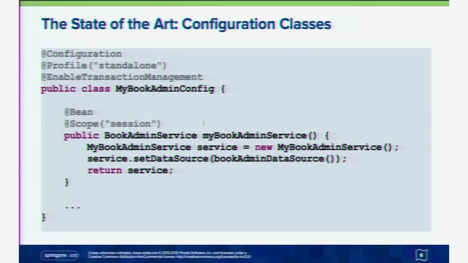However, they have a specific role. They are meant to contain @Bean methods. @Bean methods are themselves declaring beans. So it's actually a way of expressing bean declarations with custom factory methods in a pretty idiomatic Java style. This MyBookAdminService method is being discovered by the container through its @Bean declaration. The container will just create a bean definition for it, default scope session, and every time a new instance of this MyBookAdminService is being needed at runtime, every time we have a new session with no instance in it yet,